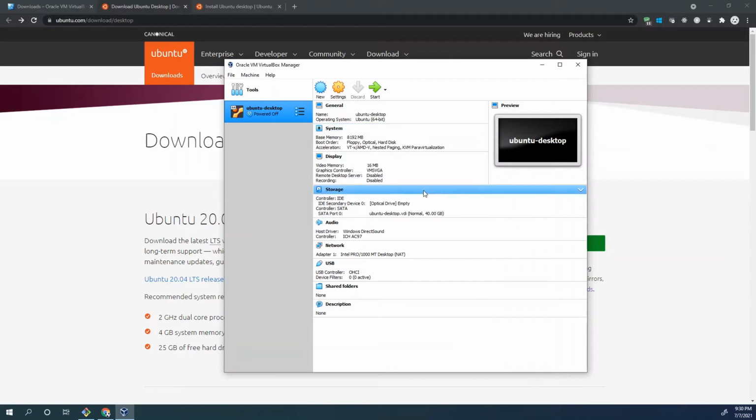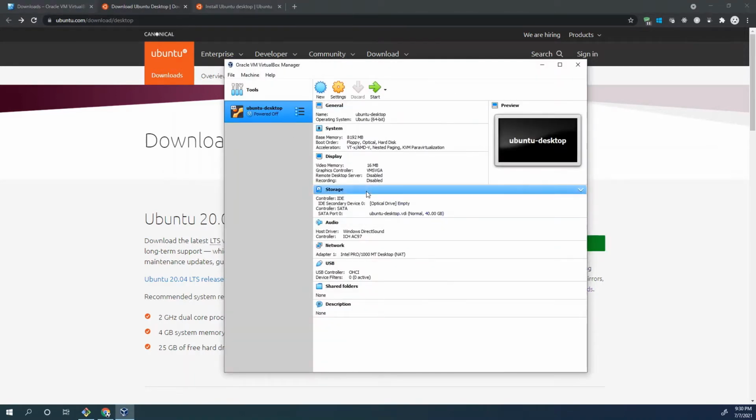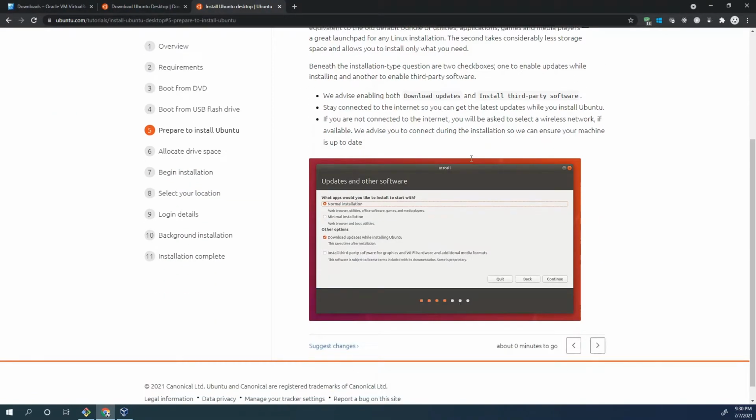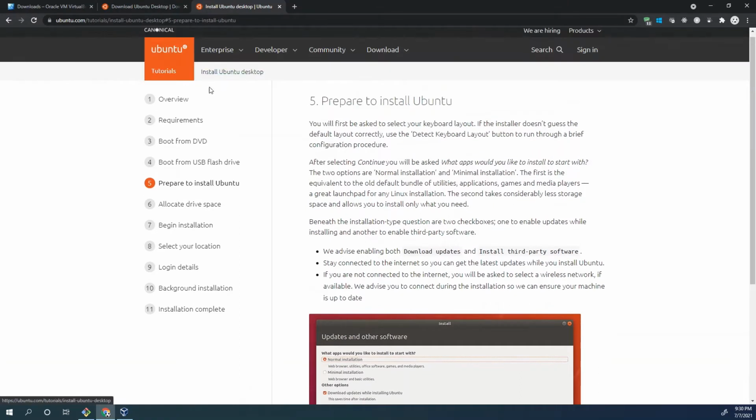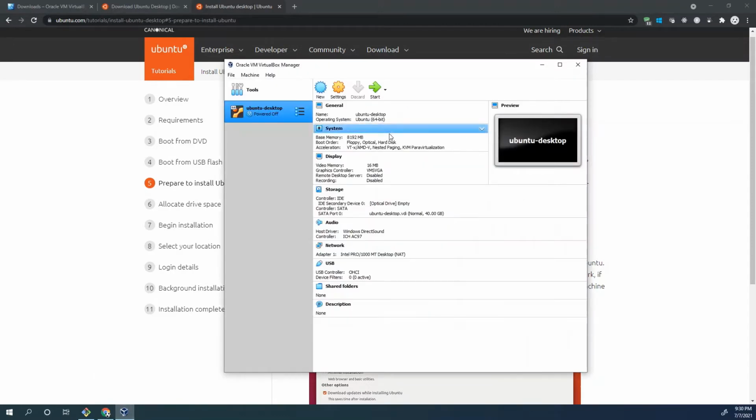Now we need to install this Ubuntu desktop on this virtual machine. So if you want, you can follow these official installation documents also. I will put the link for this in the description box. But yeah, let's try to install this. So first what I'll do, I'll try to start this virtual machine,